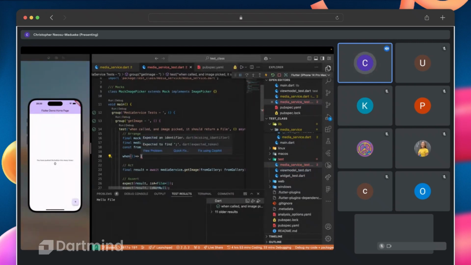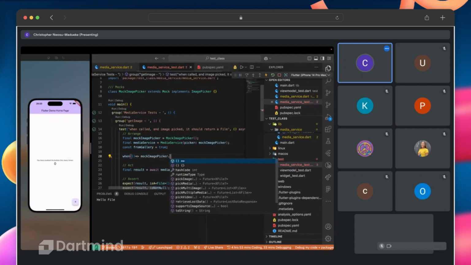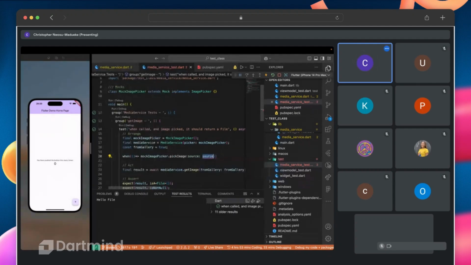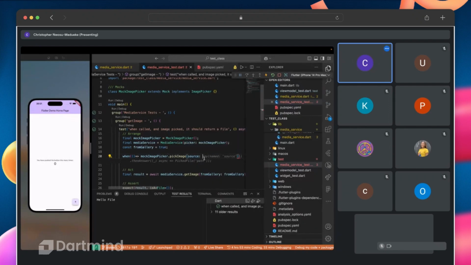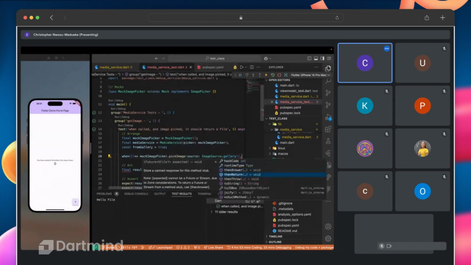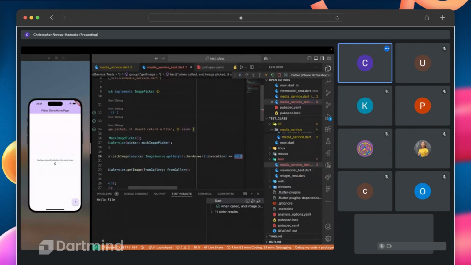Now I want to say when our mock image picker dot pick image, and the source is image picker, image source dot gallery, right? Then we want it to answer